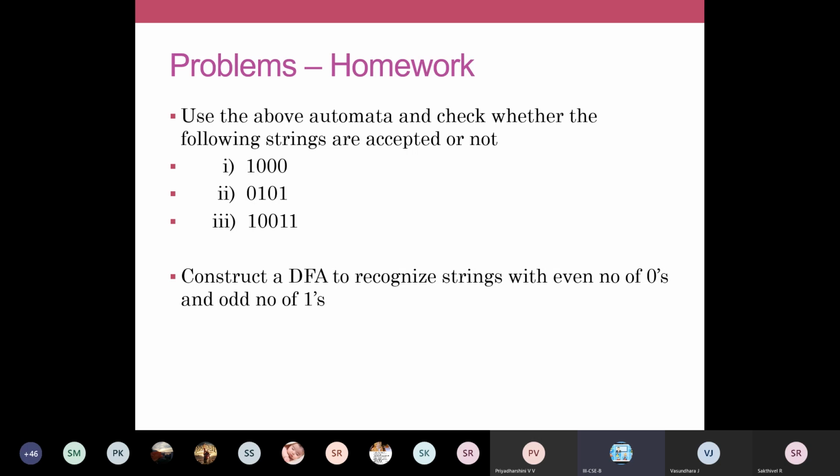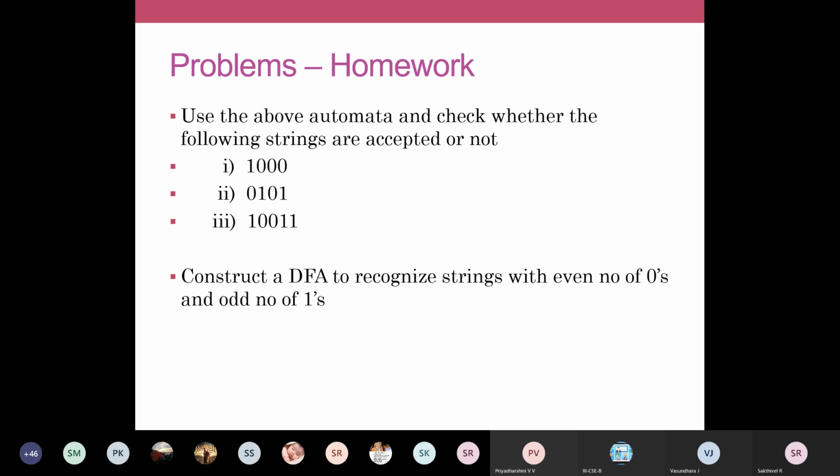For certain strings, the automata will not accept. In that case, you will end up with a non-accepting state. If you are ending up with a non-accepting state, you give a statement that the string is rejected. So the second problem and third problem will be going to a non-accepting state, I think. You have to write that the string is rejected by the automata.